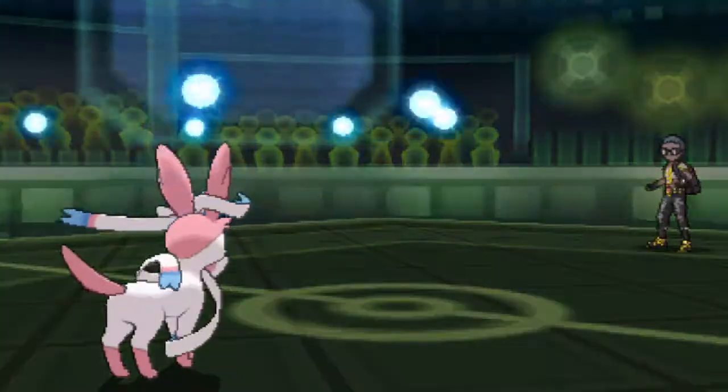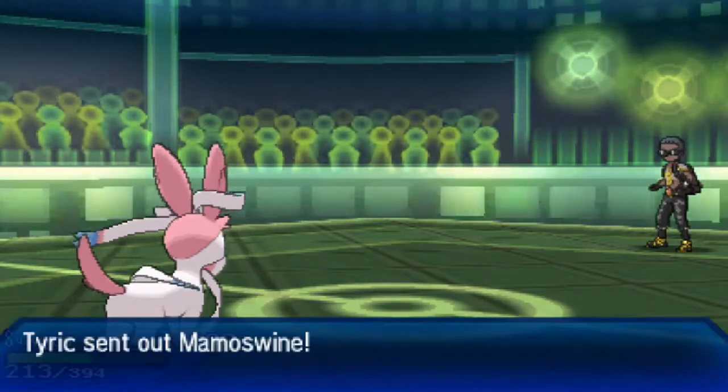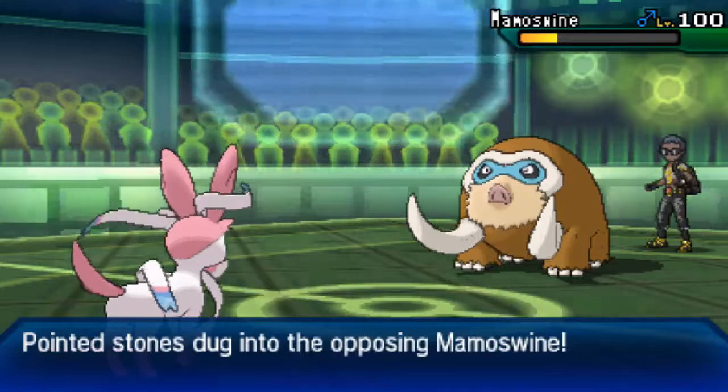Because this thing was another threat that I was afraid of, because if it's Specs, it's going to be just like the Mamoswine, just do a lot of damage. But if it's Scarf, it'll outspeed everything on my team, and I didn't want that, so...